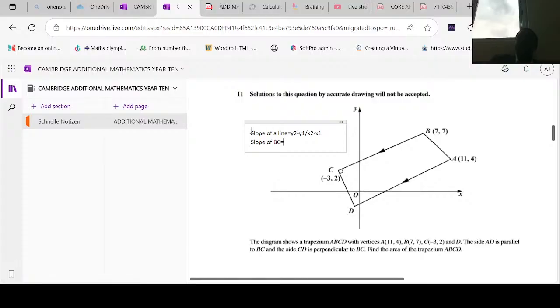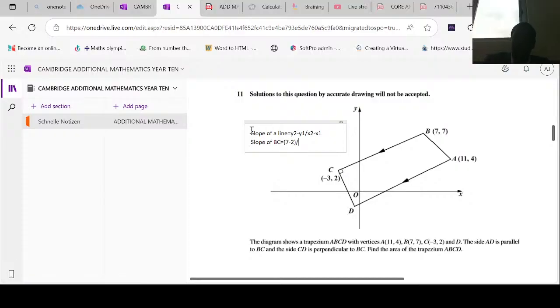BC now. The y coordinate of B is 7. The y coordinate of C is 2. So if we are starting from BC, let's take B to be our starting point as y2, then it means C has to be y1. So that will be 7 minus 2. Am I correct? So let me put that in brackets. 7 minus 2